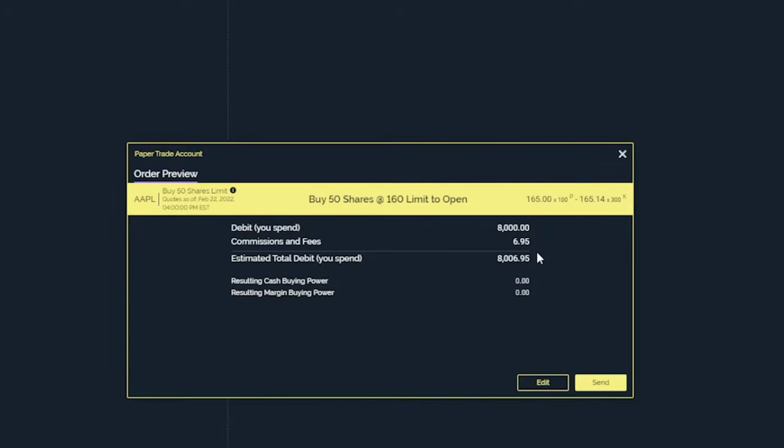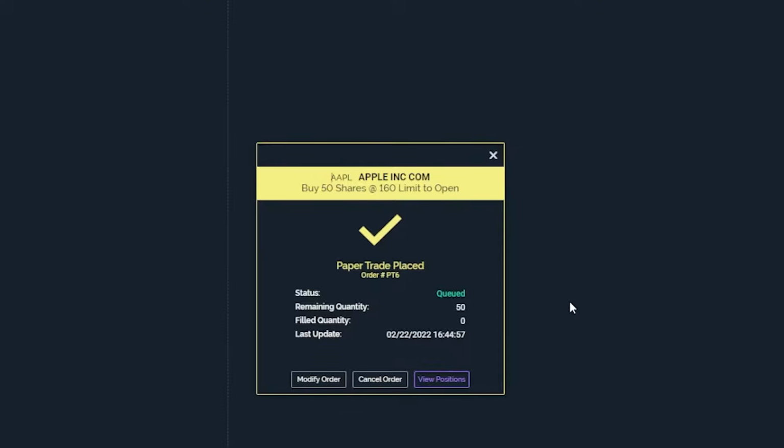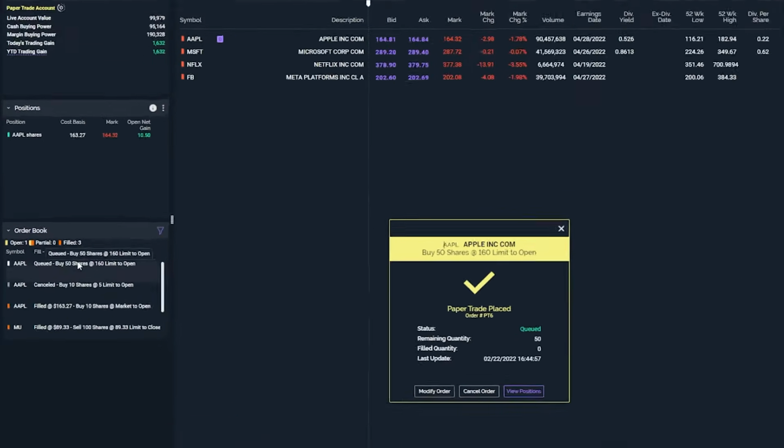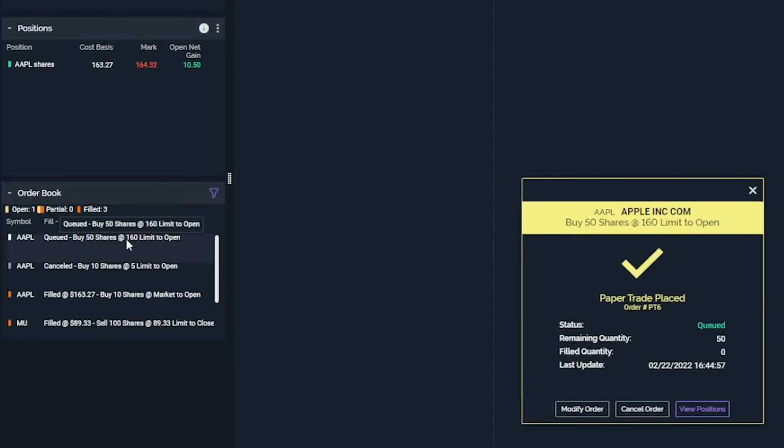If we actually wanted to place this, we were happy with the order, we would just come down here and hit send. And there you go. The order ticket has been placed. We can see the confirmation right here, and we can see it over here on our order book on the left-hand side. Now, in our case, since the market is closed, you can't see it as a queued order, so